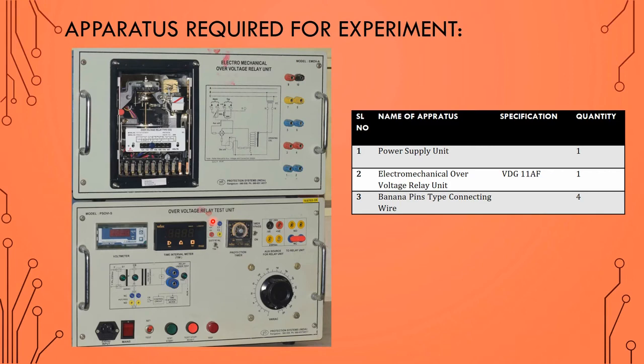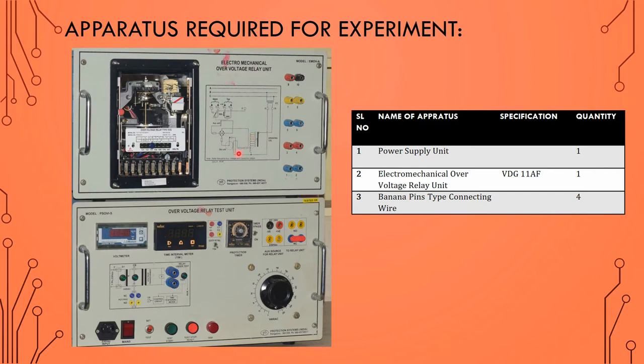What are the apparatus required for this experiment? We need a power supply unit, which is this bottom unit, and the top unit is the overvoltage relay unit. The bottom unit is used to feed the voltage required for the relay, and the relay will give the trip command, that is NO or NC, to the bottom unit. Inside the bottom unit there is a circuit breaker which will sense the trip signal from the relay unit